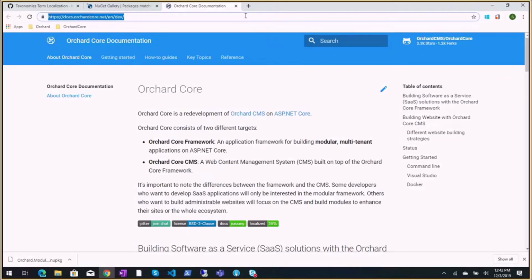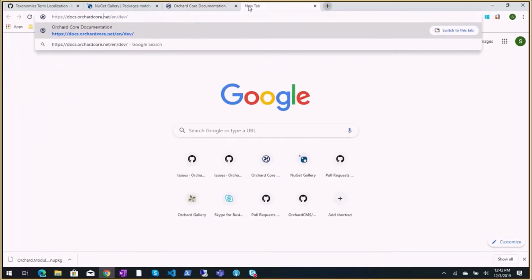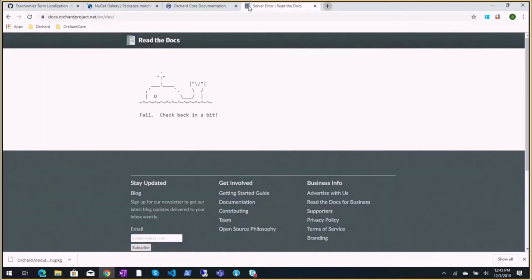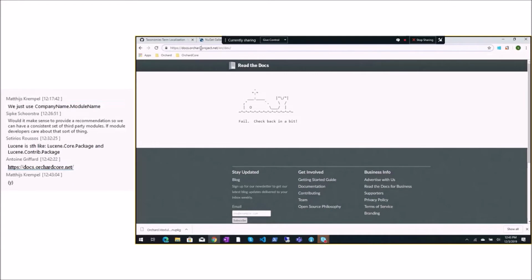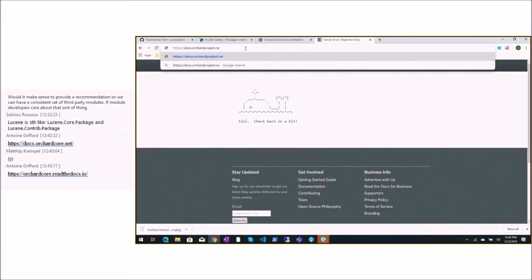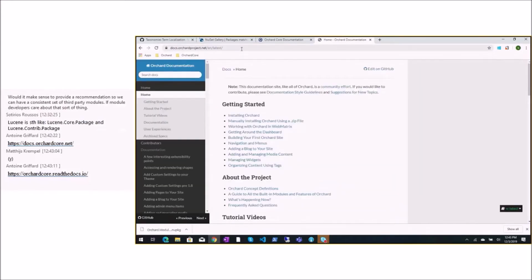So we have the same thing right now under orchardcore.readthedocs.io. We don't have a site like this? Oh, the old one. Okay. We have the old documentation under that, and I thought we had a domain already. Okay. So if I go on orchardproject.net